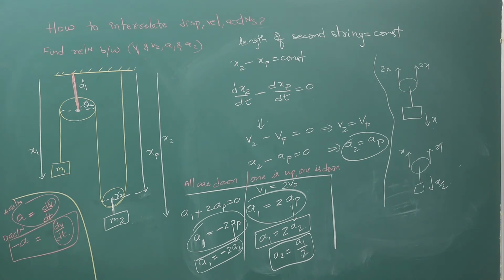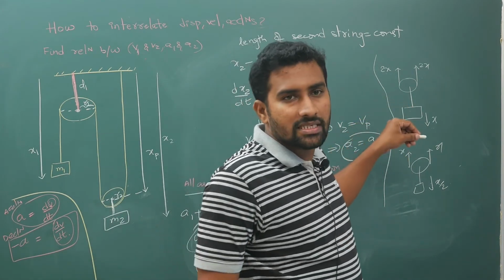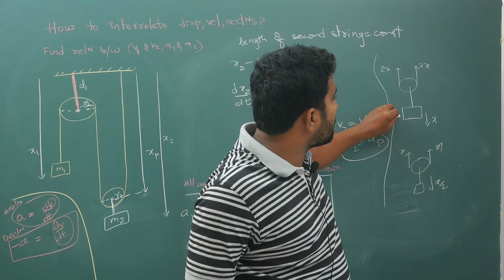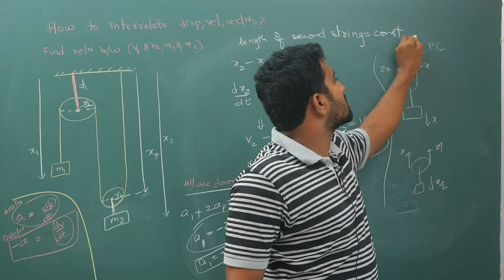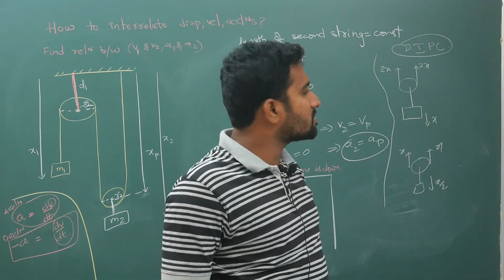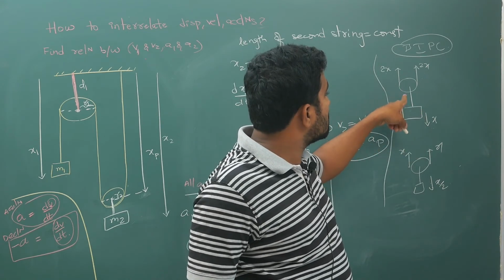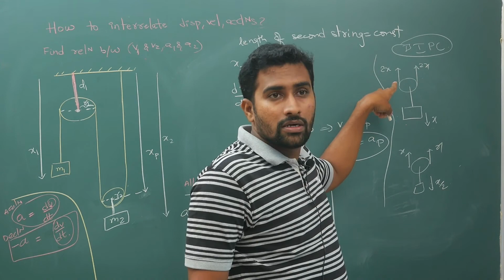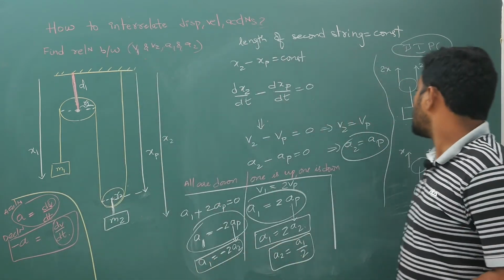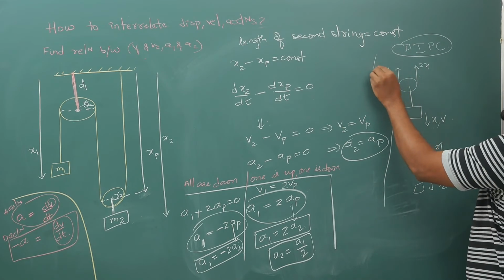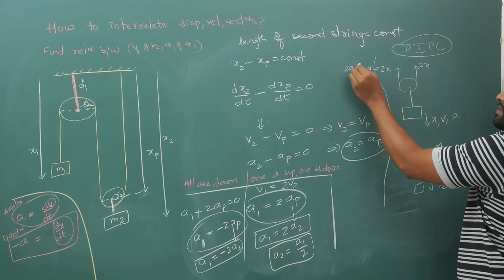Now commonly in the questions, what you are going to see is two pulley systems. So remember that, for BPC people, they will directly give you this part. BPC and some lower than mains level teachers, what they will do is, they will give this result. If this block comes down by x, the bodies connected to this pulley will move by 2x. How did you get this? From this relation. Or if this is having velocity v, they will say this will have 2v. If this is having acceleration a, they will say connected bodies will have double acceleration.